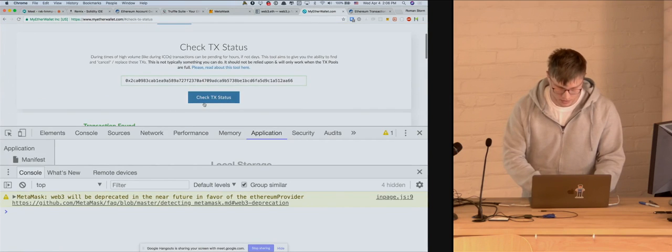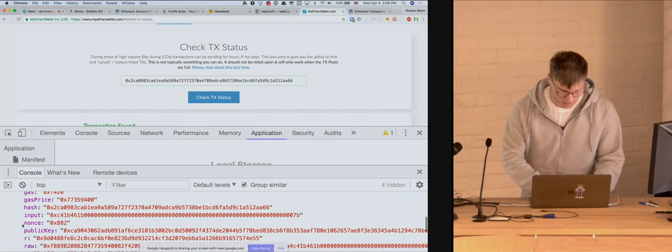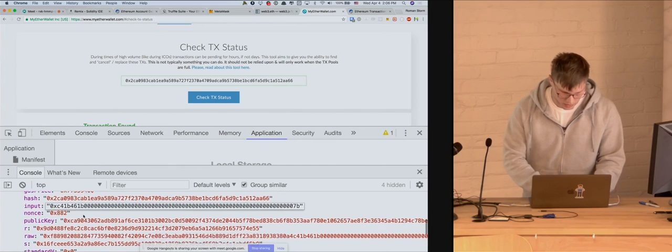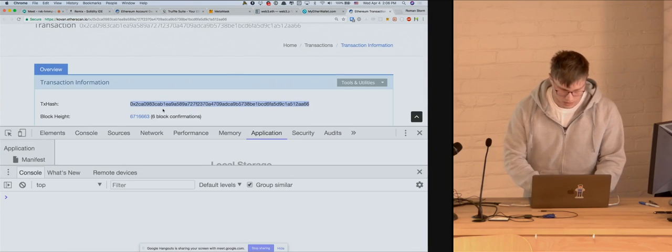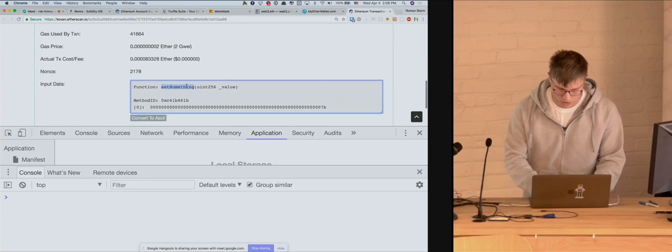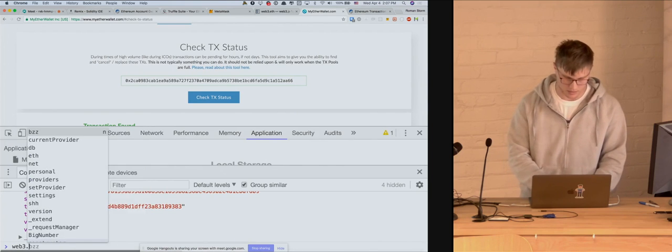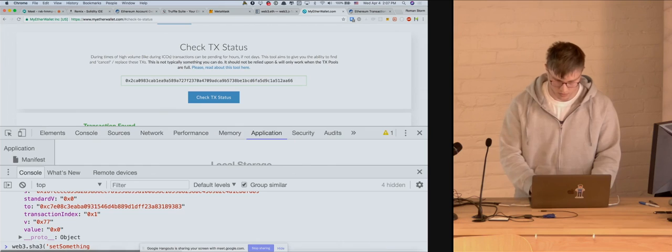If I provide a transaction hash, I can see that the input was like this, and we know that we called the function called set something, which is basically, the way Ethereum translates that, a SHA-3 function of set something, and the argument was